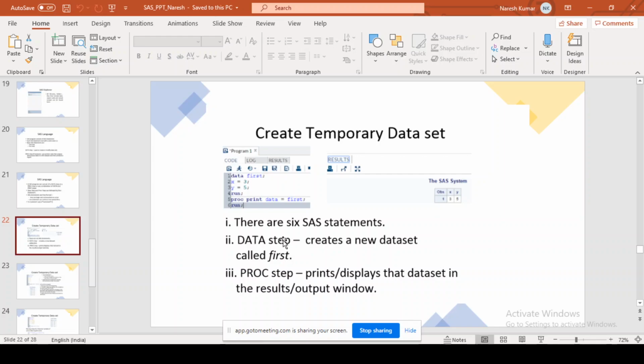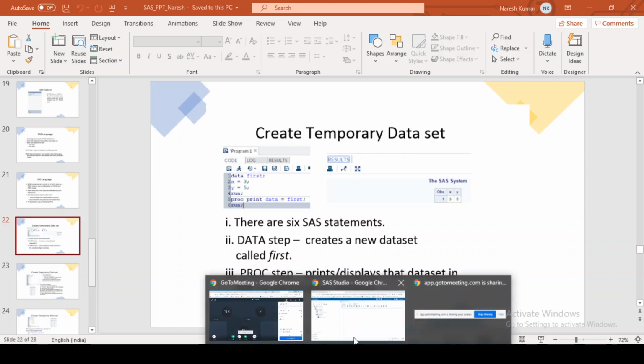So there is no restriction to write a program in capital letters or small letters, right? It's not a case sensitive programming language. Like for example, if you see Python, it's case sensitive. If you have written test with T capital, once you call that data set, it should be in the same case. T should be capital, then only that data set will be called, right? So this is a case insensitive programming language.